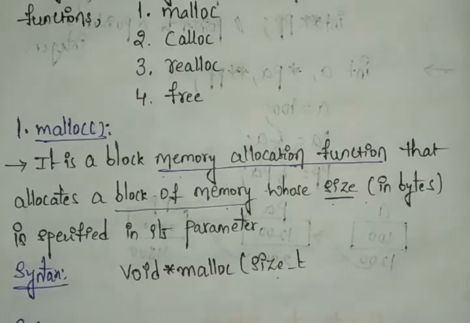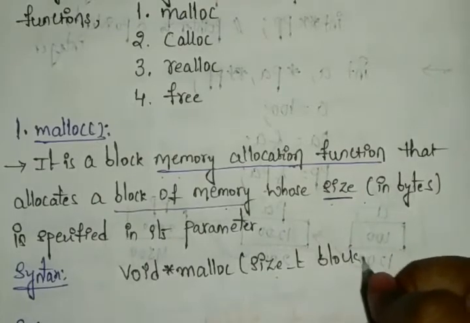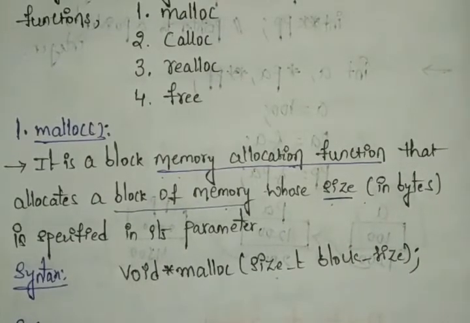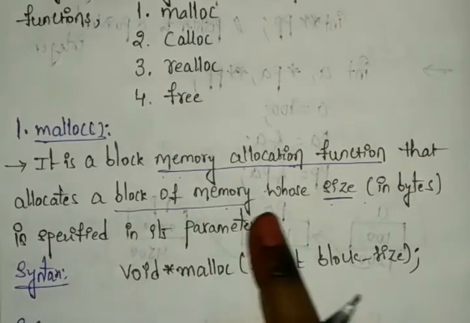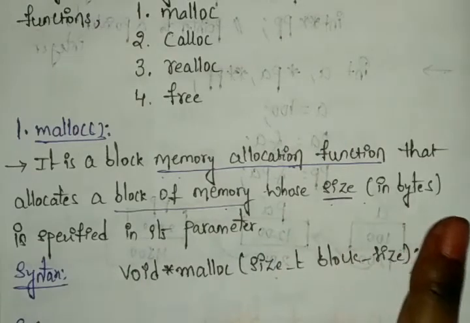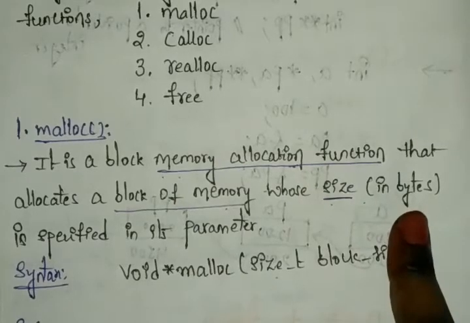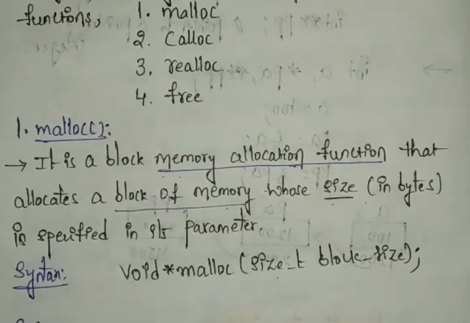Okay, so we need to find the size for that. By using the size only, we can define our malloc: void *malloc(size_t size). The block of memory depends on our size in bytes, not in bits. It may be 2 bytes, 4 bytes, 8 bytes, 10 bytes, 1 byte, like that. Here we can use our size.